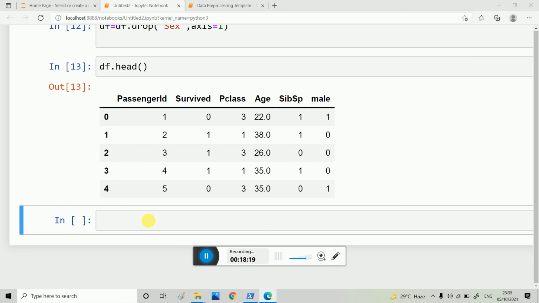Firstly, we are using the scikit-learn library. From that scikit-learn library we import StandardScaler. From sklearn.preprocessing import StandardScaler, S should be capital.